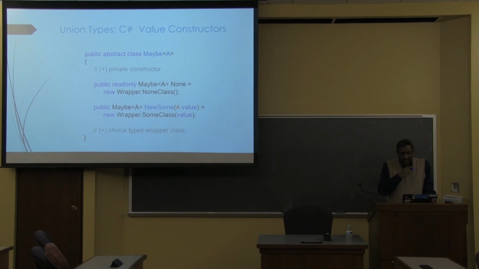Now, you notice that None already has value semantics, because the only way to get a None is to call None on Maybe, and the only None you're going to get is the same None every time. So None is a value now, just by virtue of it being a singleton. Is it a value by type of A? It is a value by type. This is an open generic class, so Maybe of int None will be different from Maybe of string None, which is as it should be. Go on. Did you have a question? Sorry.